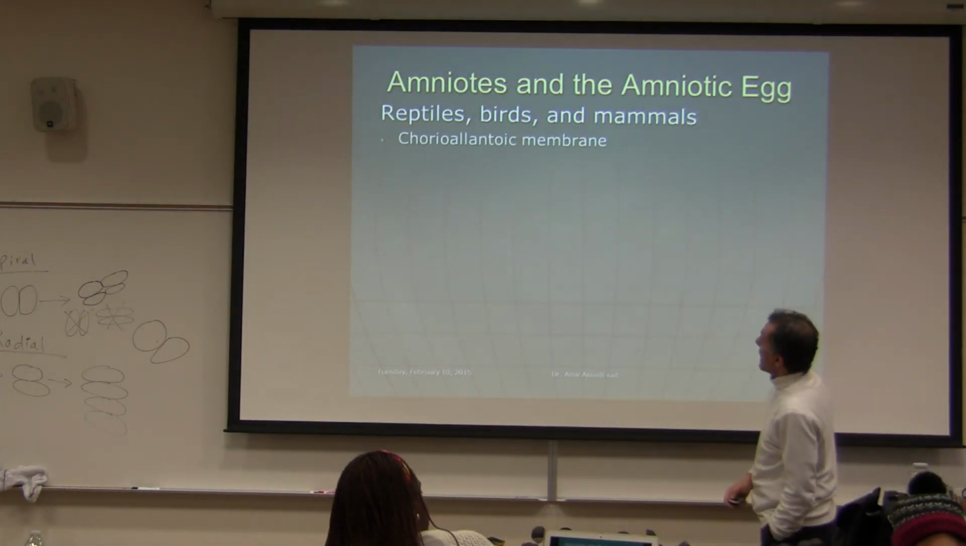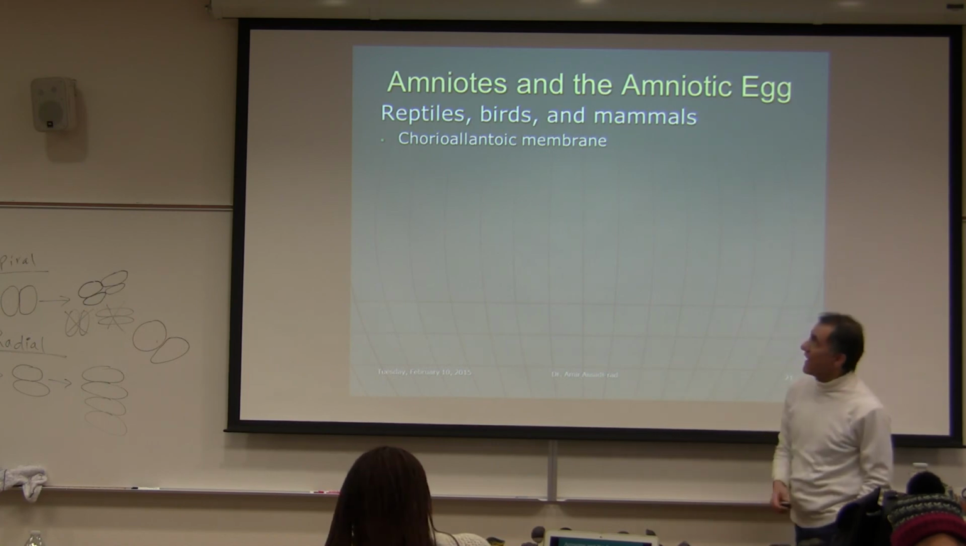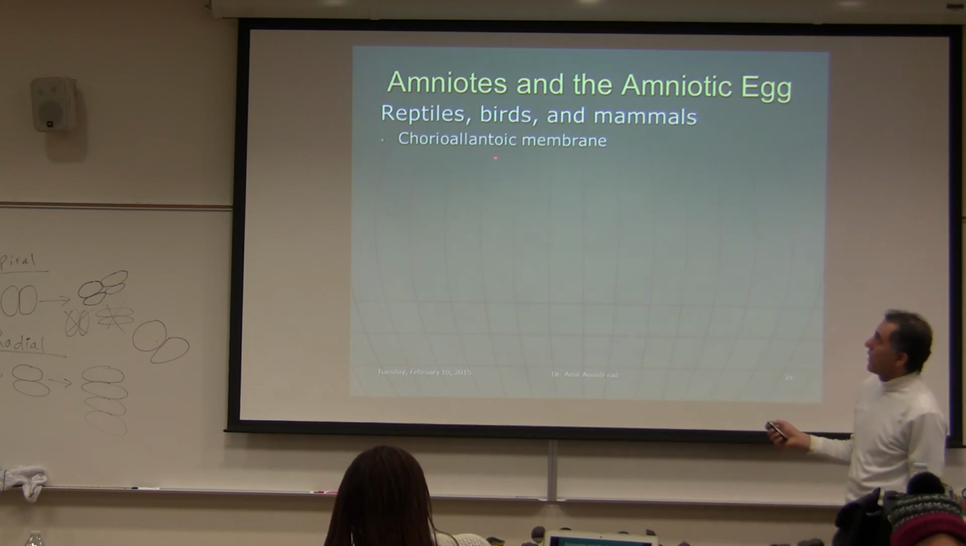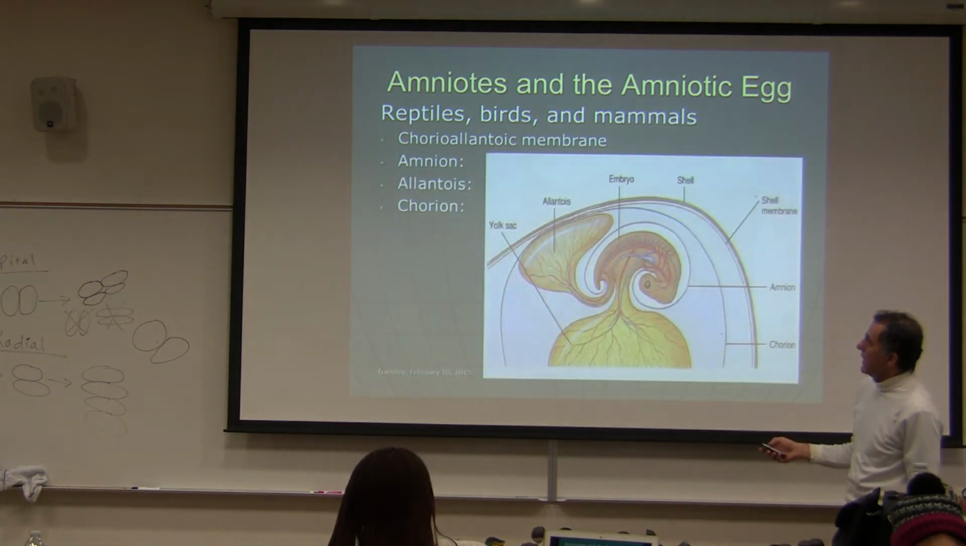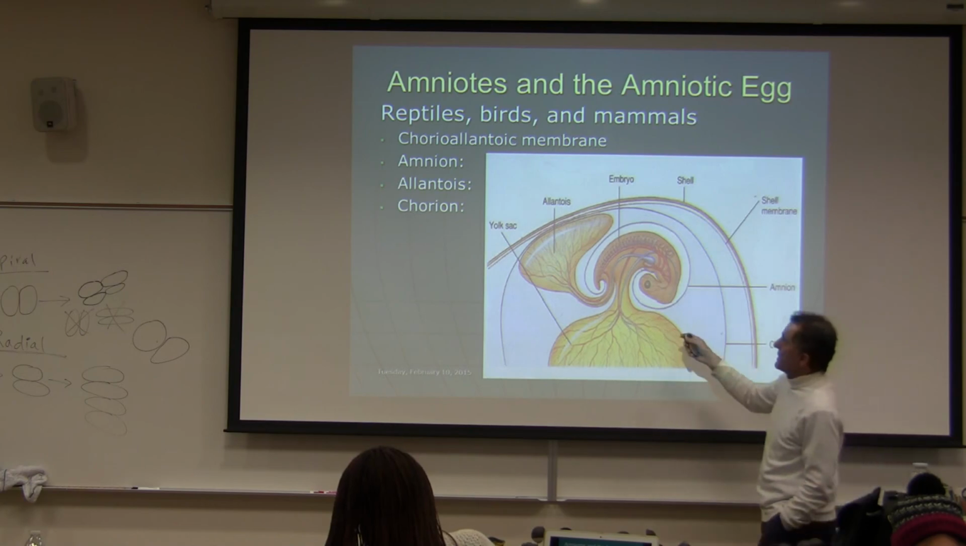Amniotes and amniotic eggs: reptiles, birds, and mammals have amniotic eggs, with the chorioallantoic membrane, amnion, allantois, and chorion. Right here, what is happening with